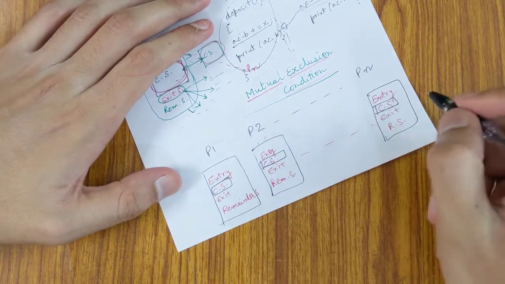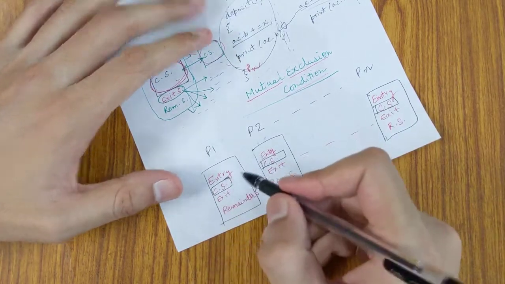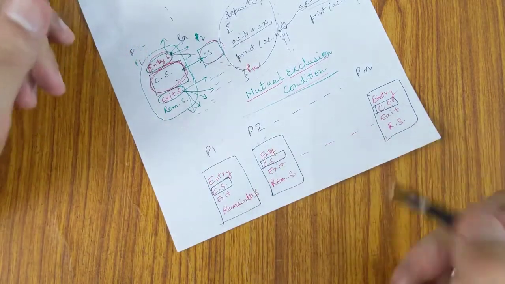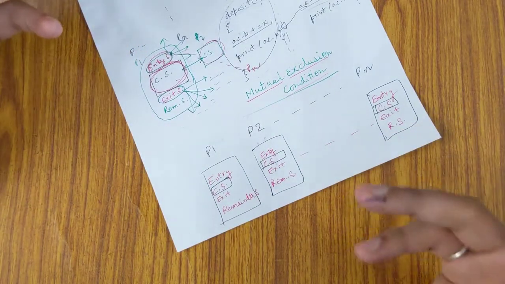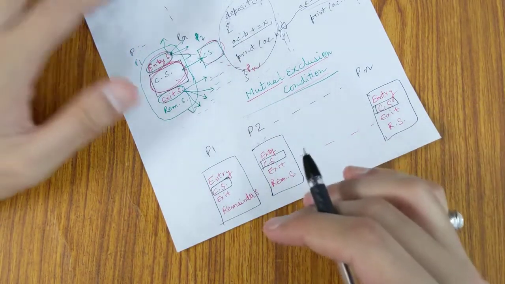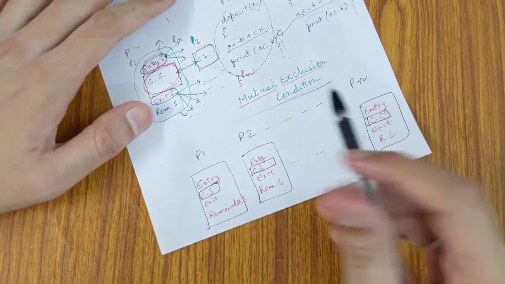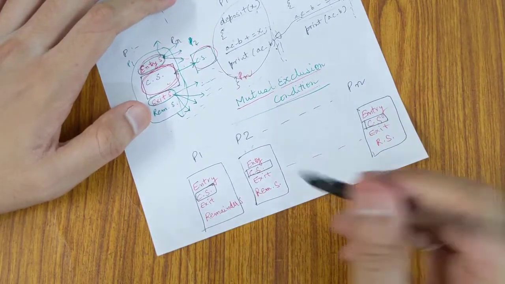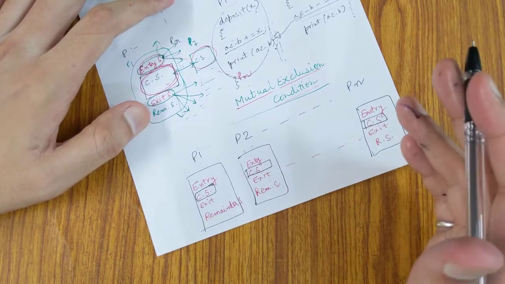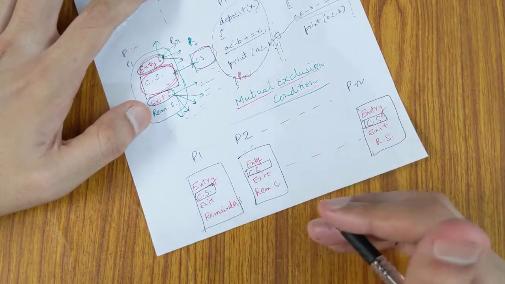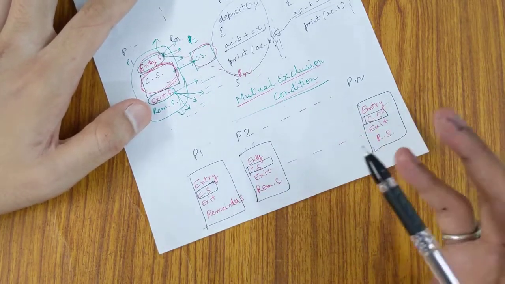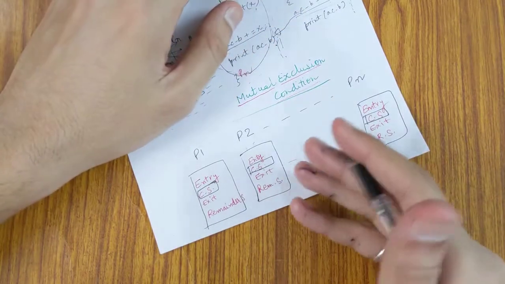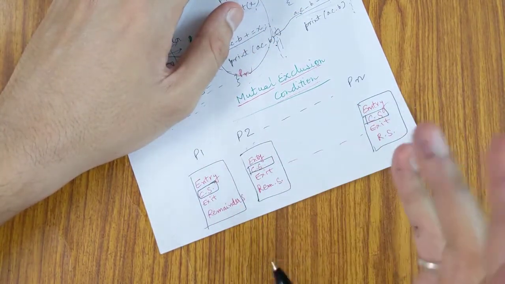So when a process wants to enter its critical section, it can't do it independently. It will have to request from all other processes, because there might be some other process which is already in their critical section, or there can be some other cases like some other higher priority process which has already requested the critical section. All those things can happen, which we will see how many scenarios can happen.